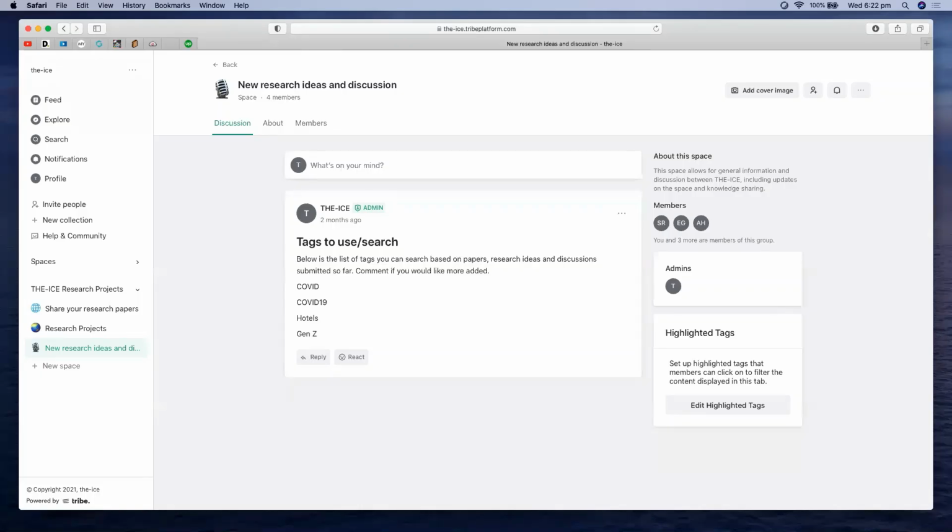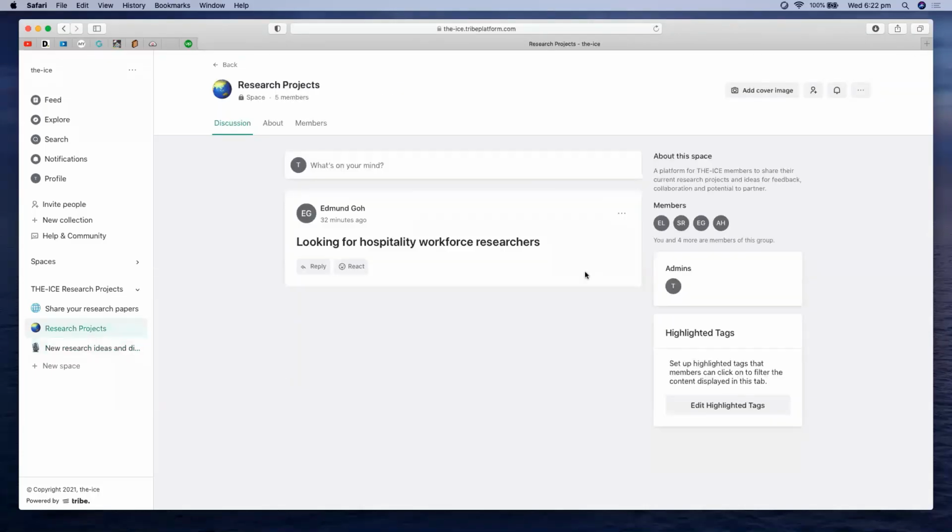So we'll invite members to come through, and the invites will go out to the key members. If you don't know who the key members within the institutions are, send an email to me, and I can put you in touch with them. But they will be inviting the key researchers. So as I've mentioned, this platform is to engage our members and stimulate collaboration, enabling sharing between our members. So I'm going to hand over now to Alison, who is going to bravely, in a live feed, go to research projects and share her